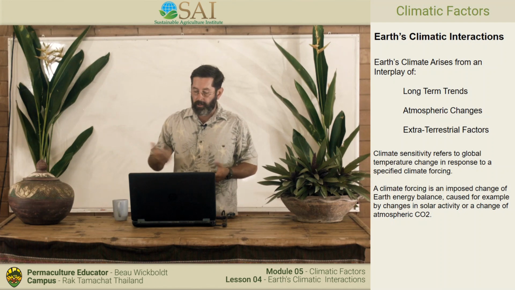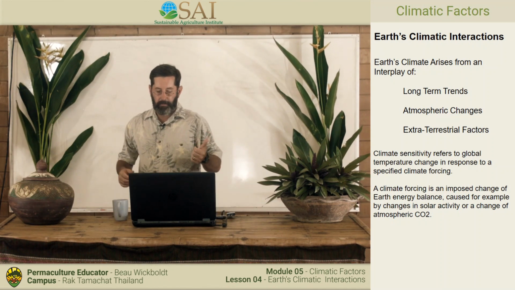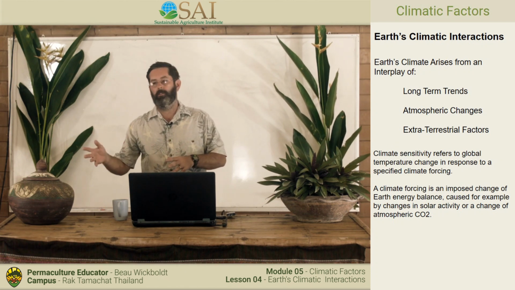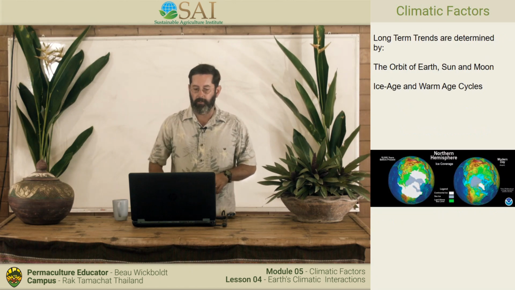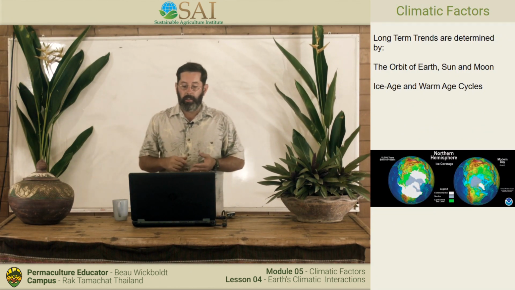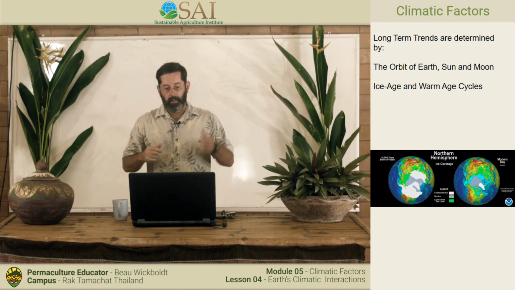So a climate forcing is an imposed change on the Earth's energy balance caused, for example, by changes in solar activity or the change in atmospheric CO2. So we're going to start to look at that in a little bit more detail. So long-term trends are determined by the orbit of the Earth, the Sun and the Moon,